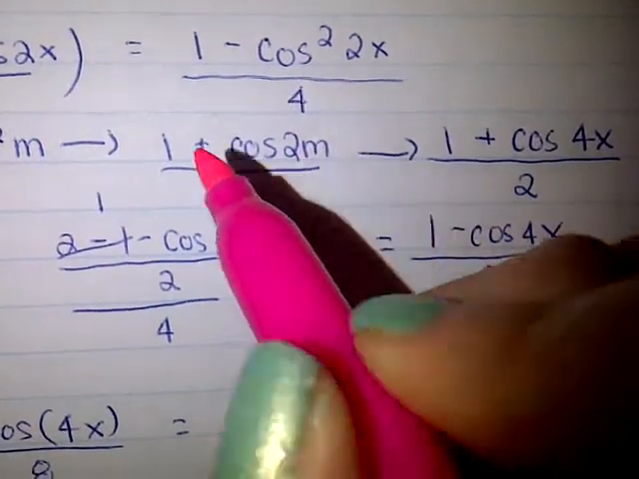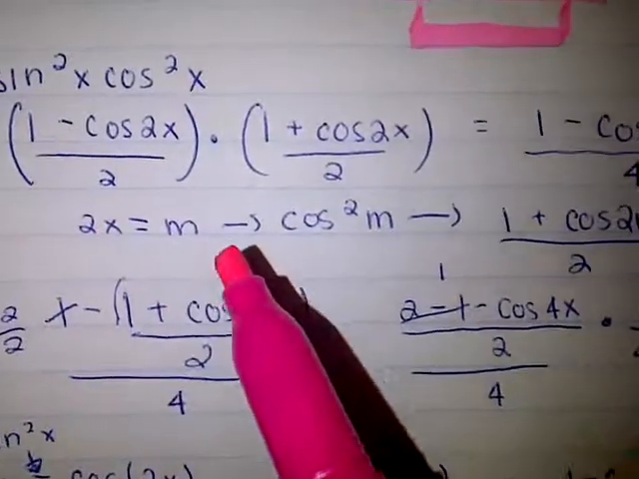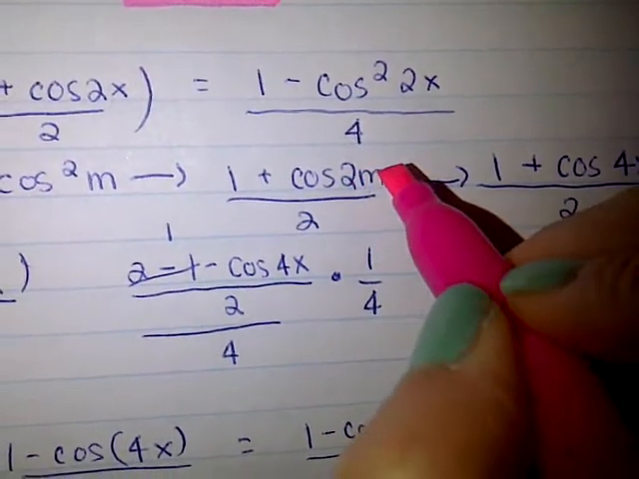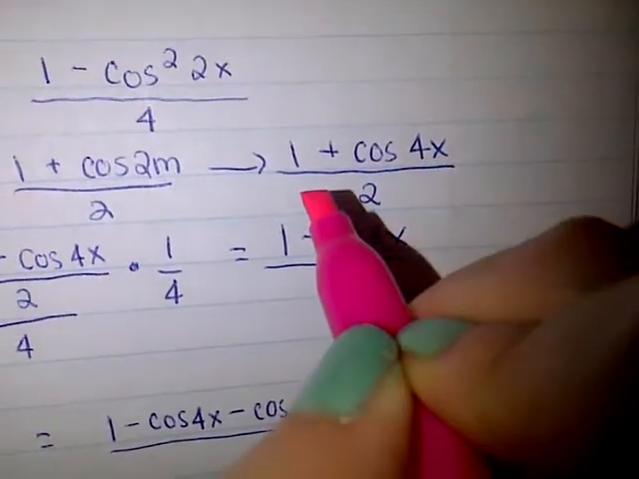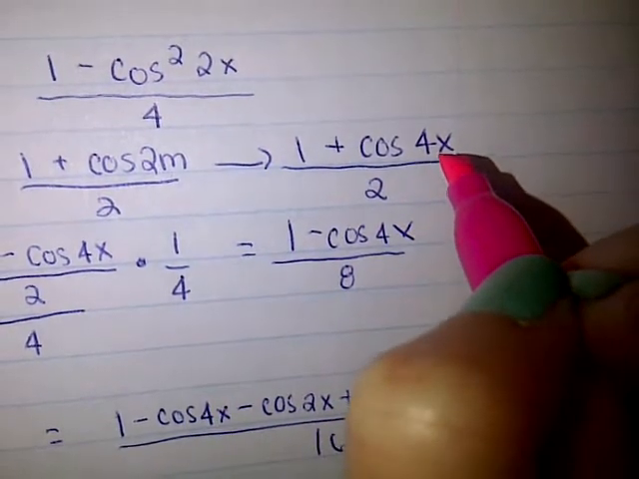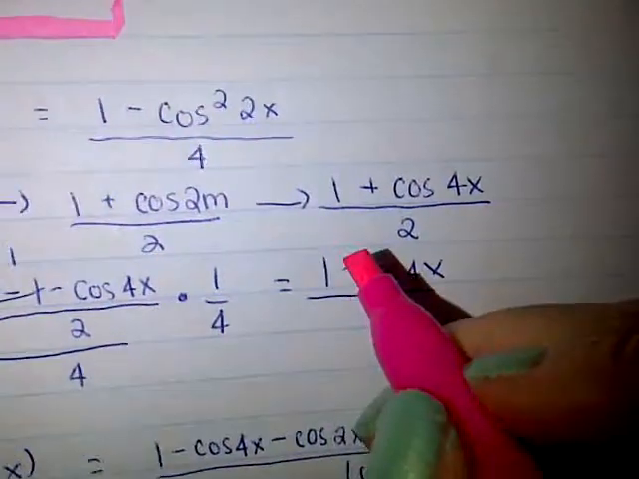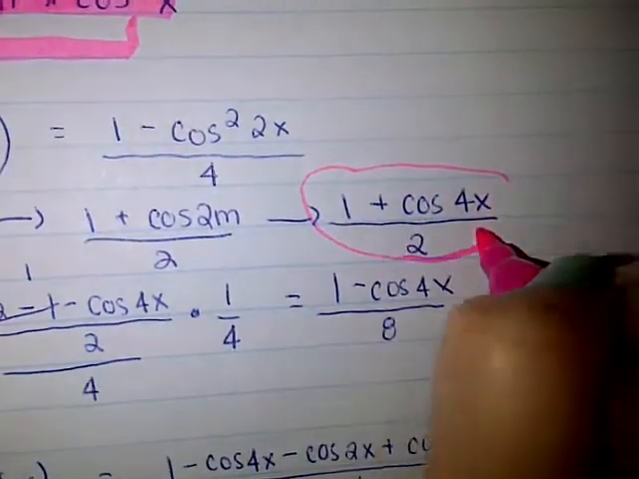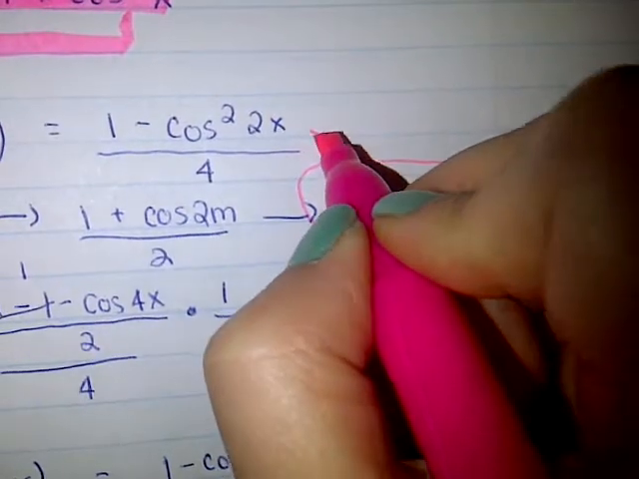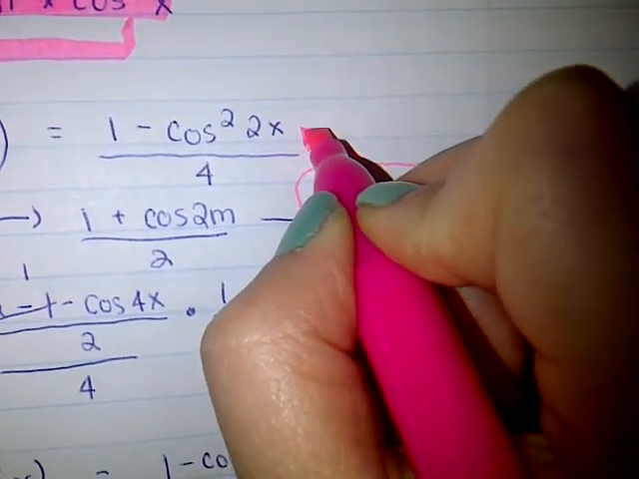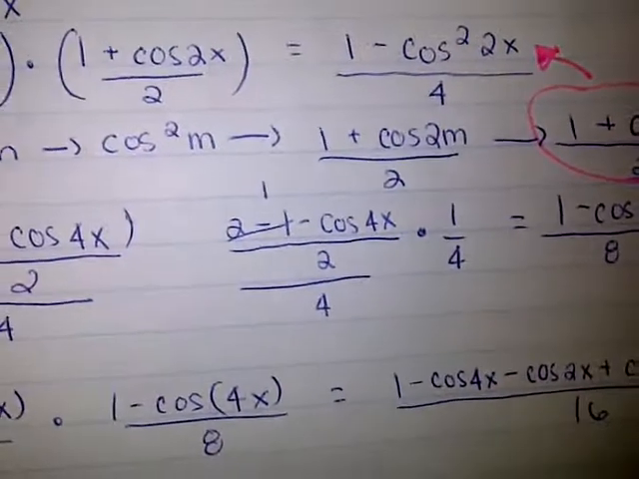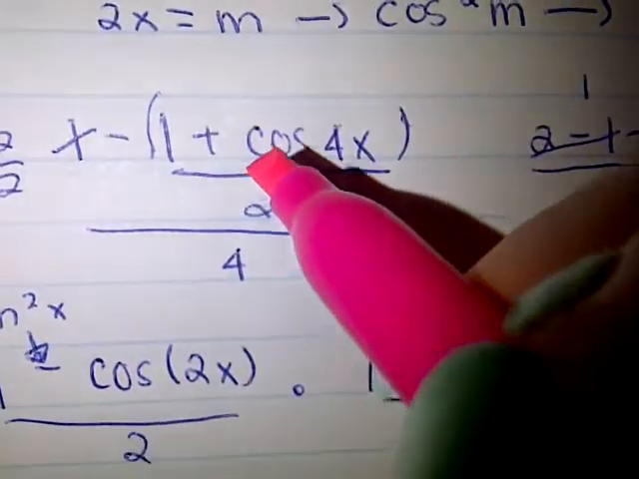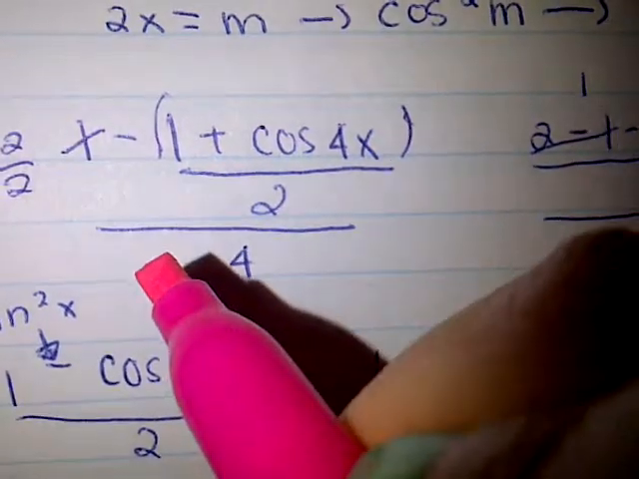Now you're going to plug 2x back into the m. So 2 times 2x is going to be 4x. So the whole equation is 1 plus cosine 4x over 2. Now you know that this whole thing is basically equal to this cosine up here. You're going to plug it back in. If you write it all out, it's going to be 1 minus 1 plus cosine 4x over 2, all over